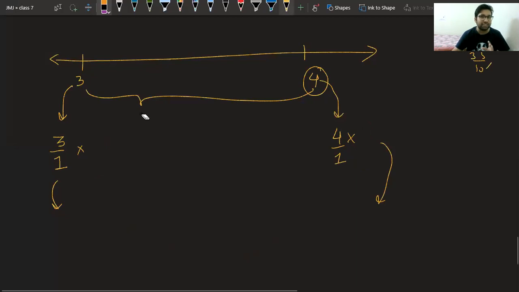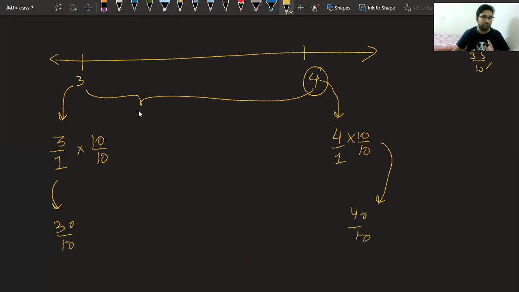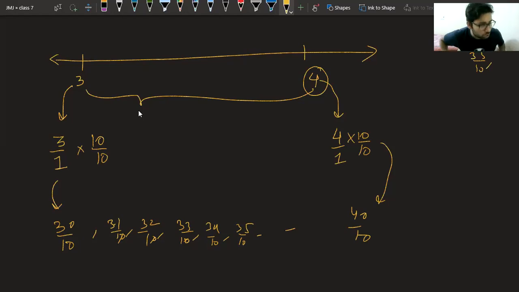So we are utilizing the concept of equivalent fractions to do the question. It becomes 30 upon 10, it becomes 40 upon 10, it becomes 31 by 10, 32 by 10, the easiest way. Then 34 by 10, 35 by 10 and so on. And you can check also easily whether it is correct or not. Just cut the 0, it is 3.1. Obviously it is more than 3. 3.2 is more than 3. Yes, Sanvi, you can go with 100 also, no issue.